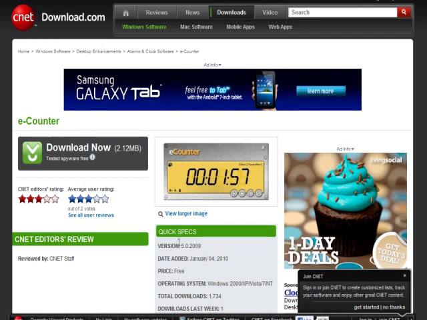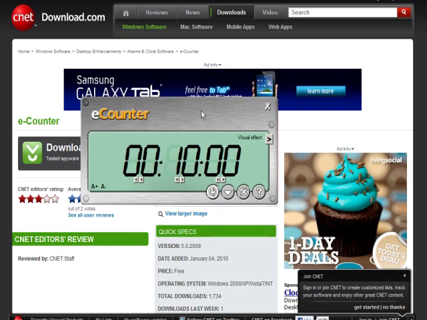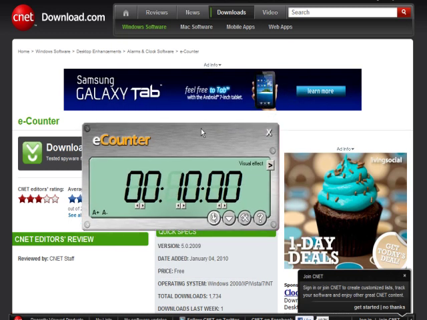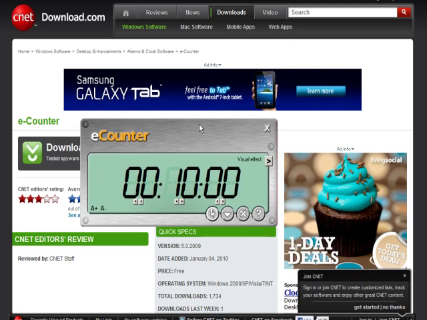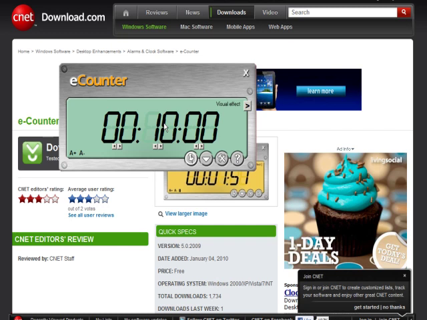If you click this link, you'll get to this site and you can download eCounter. Go ahead and download it, install it, and so forth. This is what it looks like. eCounter is a free tool, and it looks pretty basic, but it works wonders. If you did everything I showed you earlier, following, adding pressure, using a laptop with only the battery, disconnecting the internet if you don't need it, then eCounter is great. eCounter basically allows you to add another level of pressure or good stress to your project.